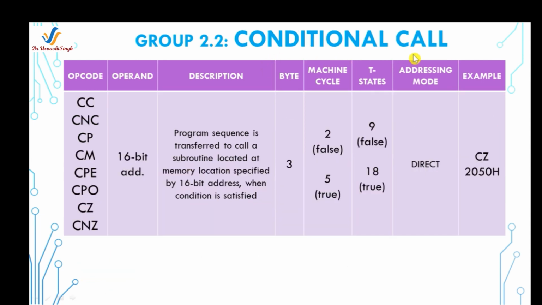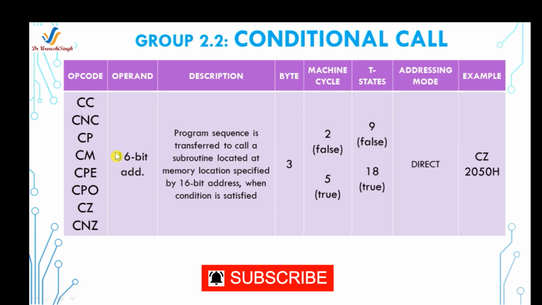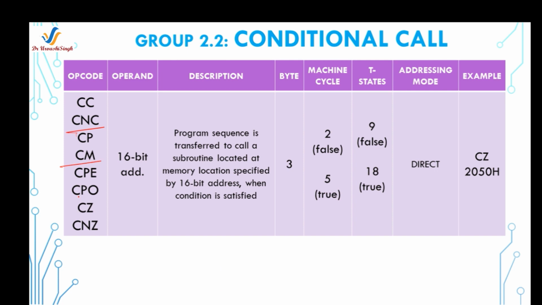In the conditional call instructions there are some conditions based upon which the microprocessor will decide whether to call a subroutine or not. Or not means to execute the next instruction. These conditions are decided by the status of the flags, as we have seen in the jump instructions. For every flag, two call instructions are associated. Except the auxiliary carry flag, all the flags are checked.